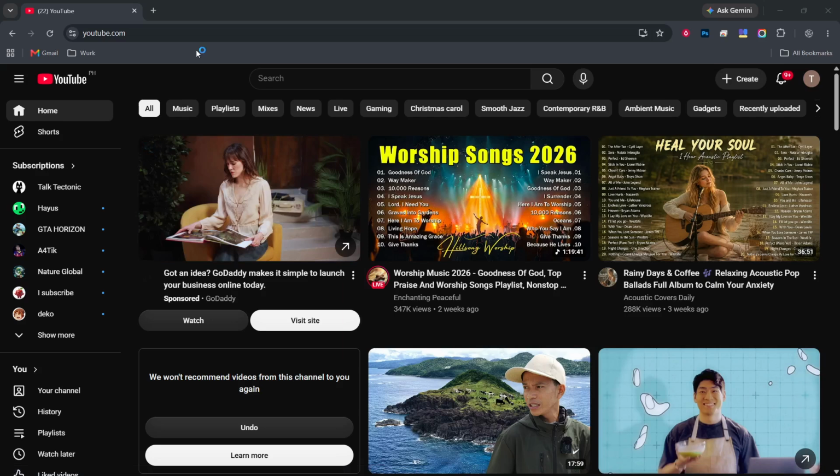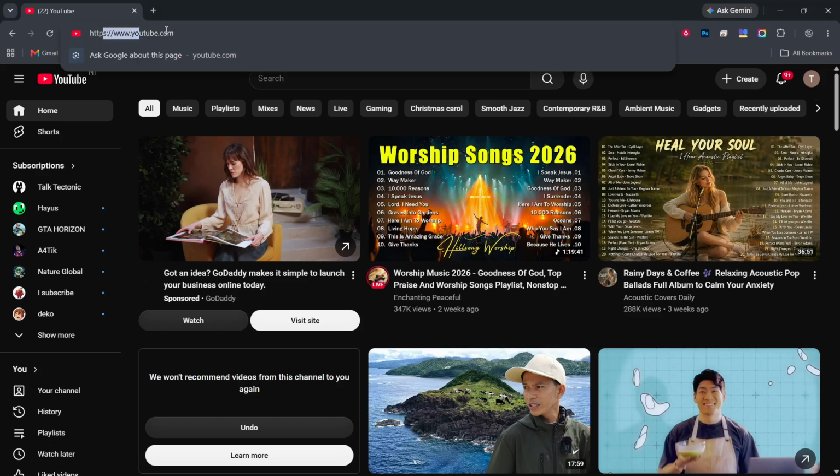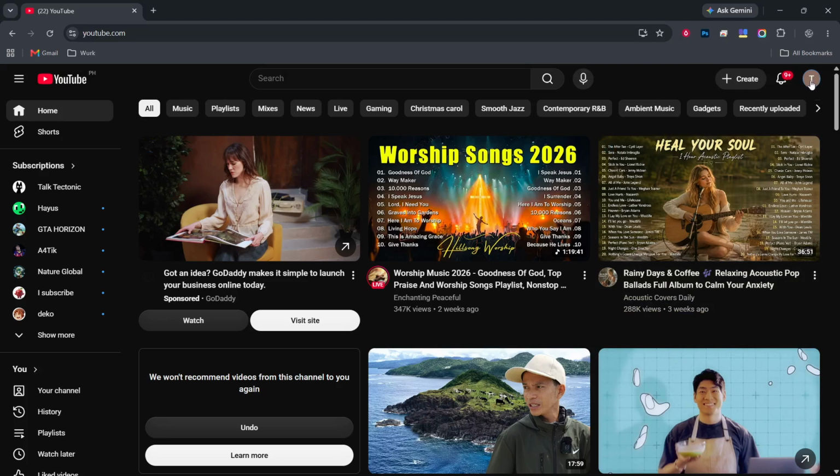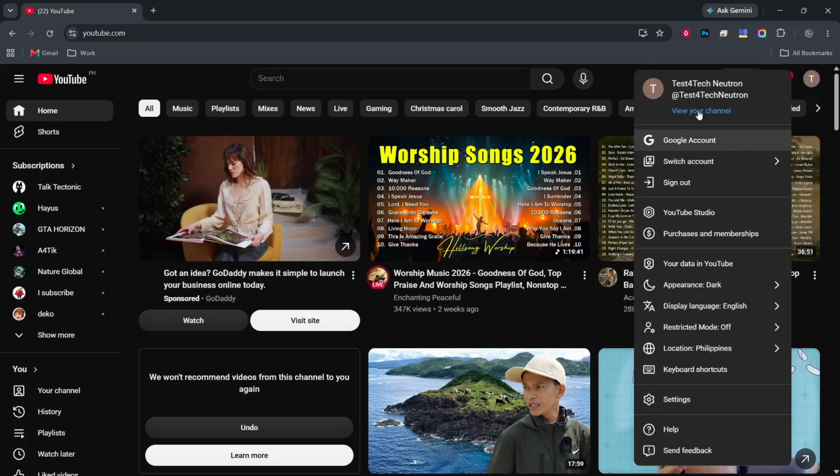First, go to YouTube. Open your usual web browser, then in the address bar at the top, type youtube.com and press enter. The page loads with the YouTube logo in the top left, a big search bar across the top, and a menu running down the left side. If the site opens in a different language than you expect, do not worry. The layout is still the same and the buttons stay in the same places.